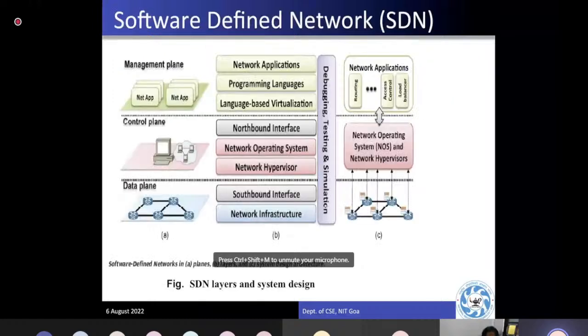It's already available. So what is a software defined network? In the traditional network, we know the OSI model has 7 layers. But here it is not the standard OSI 7 layers or the TCP/IP suite of 5 layers. It's different. It's called the 3 layers: the data plane, control plane, and management plane. The data plane is nothing but all the infrastructure, the connected devices, the switches. I'm talking about the layer 2 point of view from the OSI model. All these devices have layer 1, layer 2, the data link layer, and that is called the data plane in software defined networking.